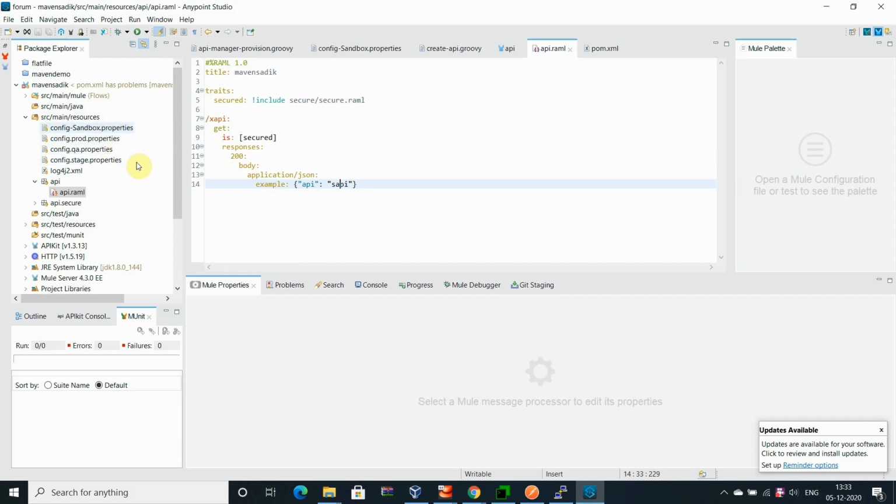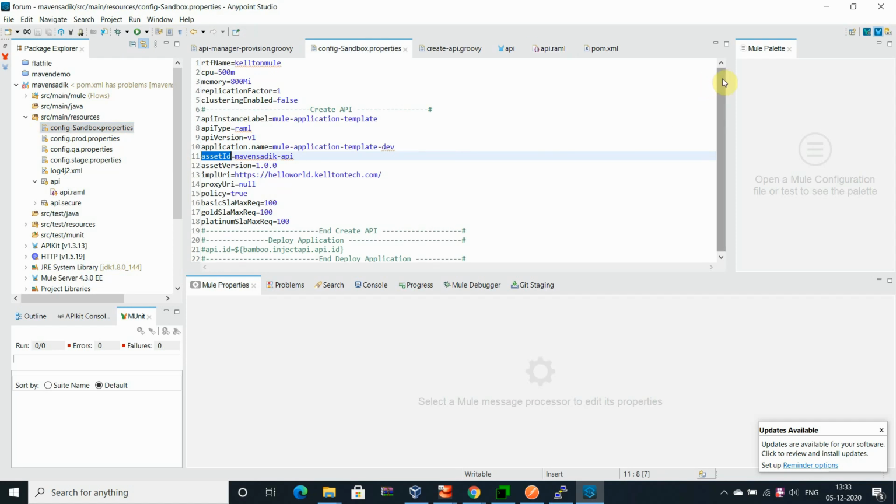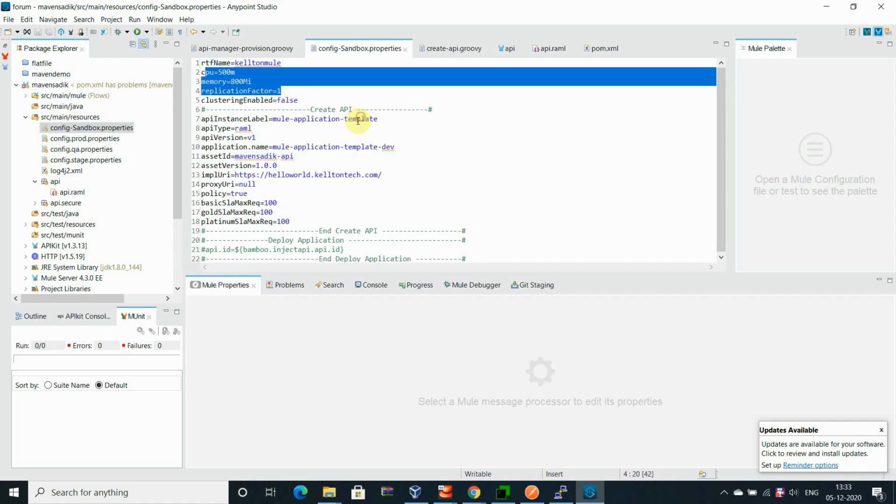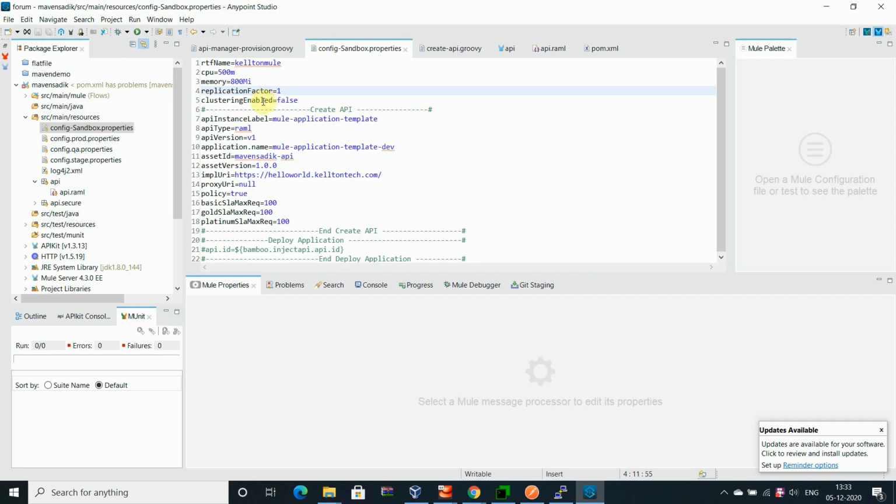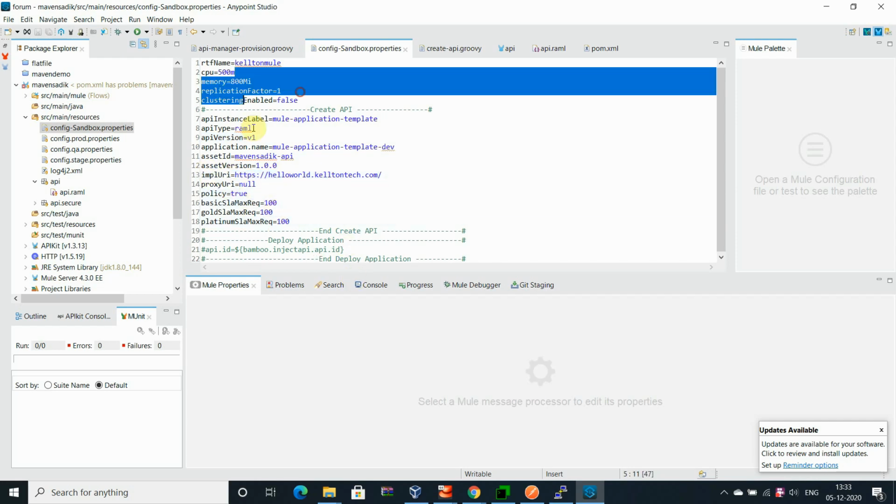In the property files I have provided the information: RTF name, CPU, application, replication factor, clustering enable or false, something like that, and the API instance I want to create here. Okay, RAML version 1, you can change to version 2 if releasing another version. Assets and the implementation URL, everything you can keep here.